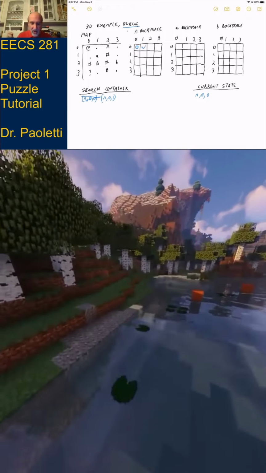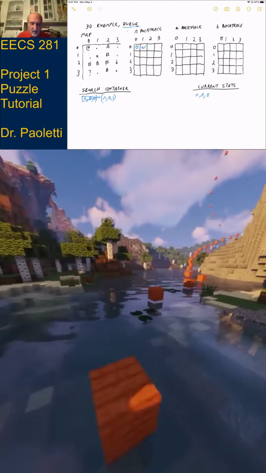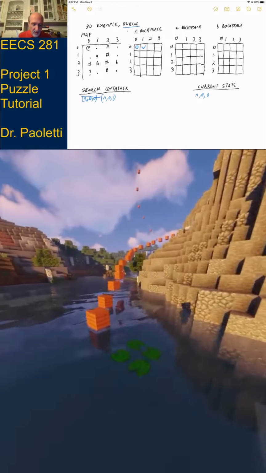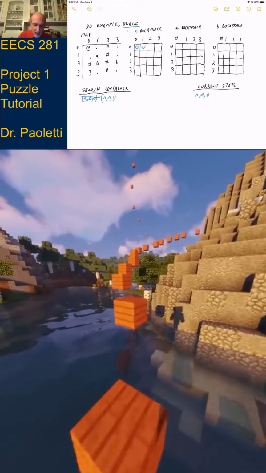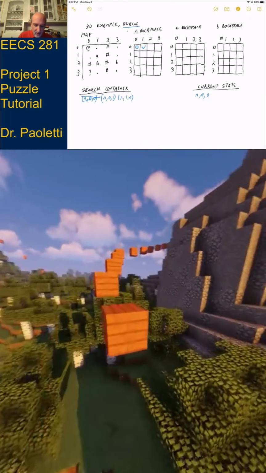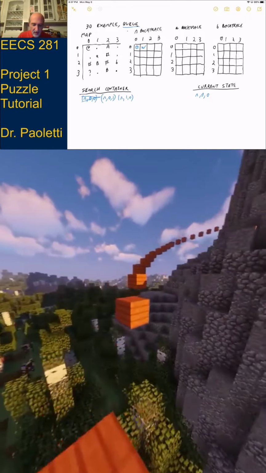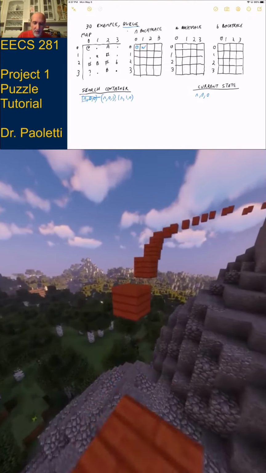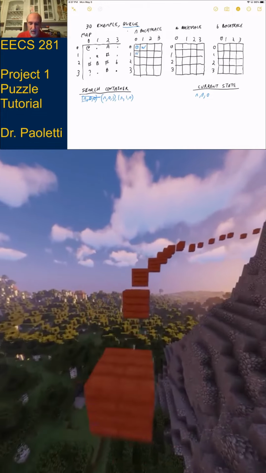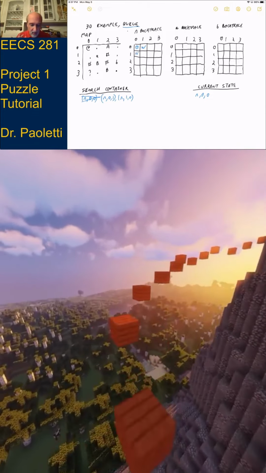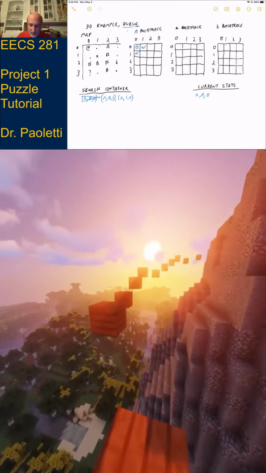All right, then we check south of us. It does exist, it's never been discovered before, and it's something we would walk on. So caret 1, 0 gets added to the search container, and we mark it as I came from the north. Okay, west of us does not exist. Can't go there.